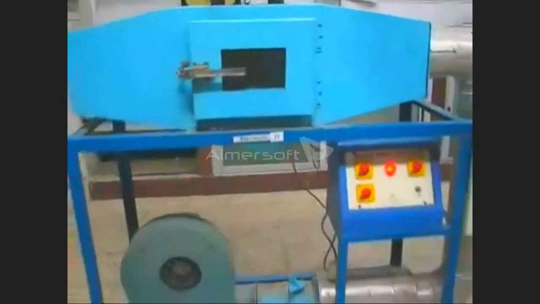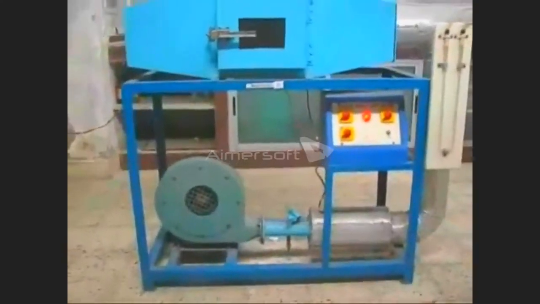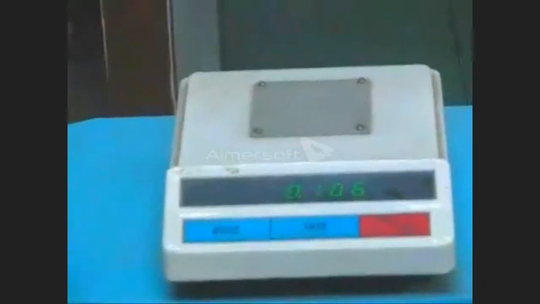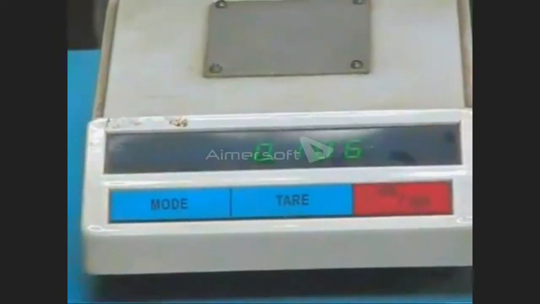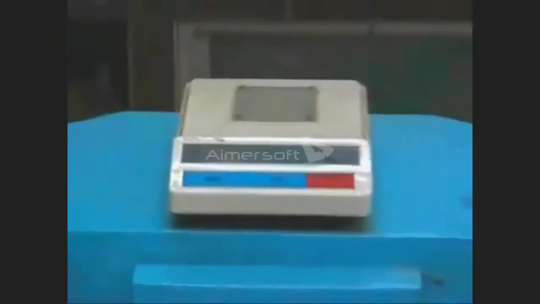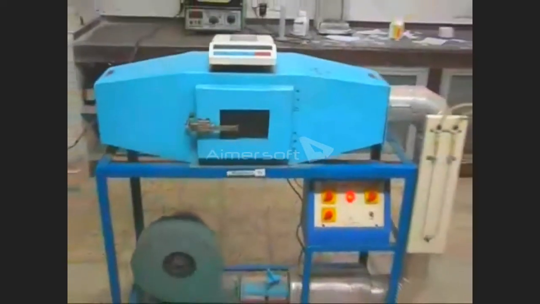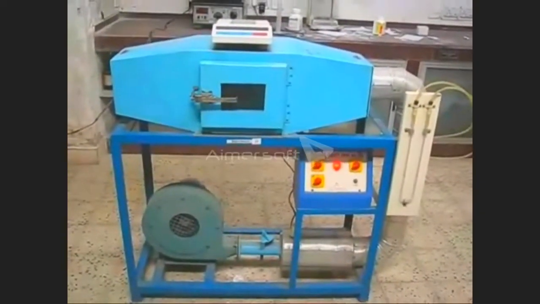Gradually drying takes place. And the balance decreases from 110 to 109, 108, 107, and so on till 100.